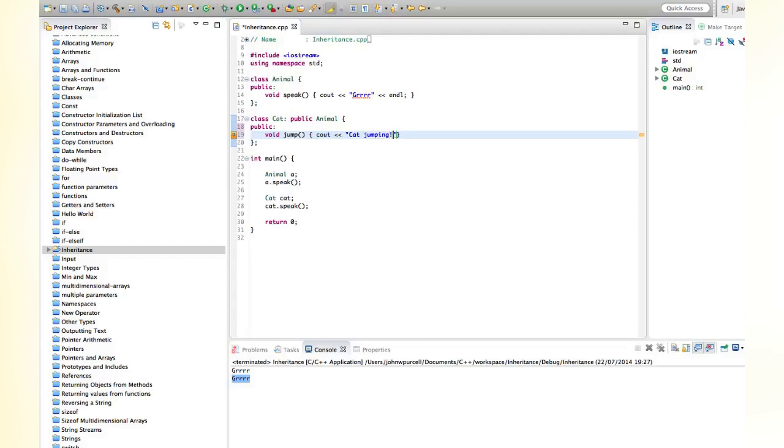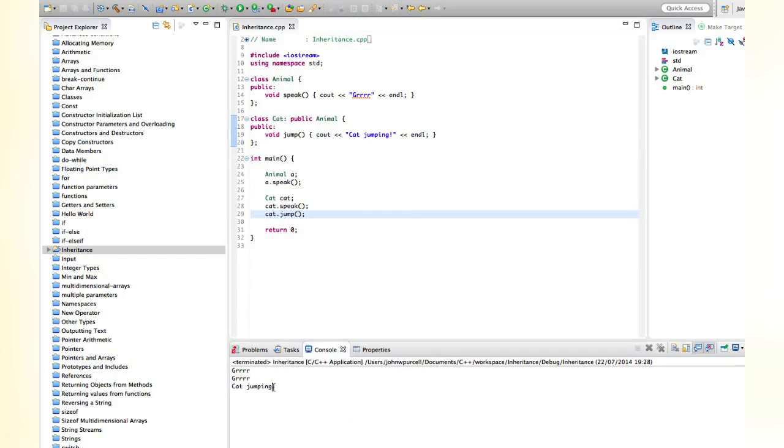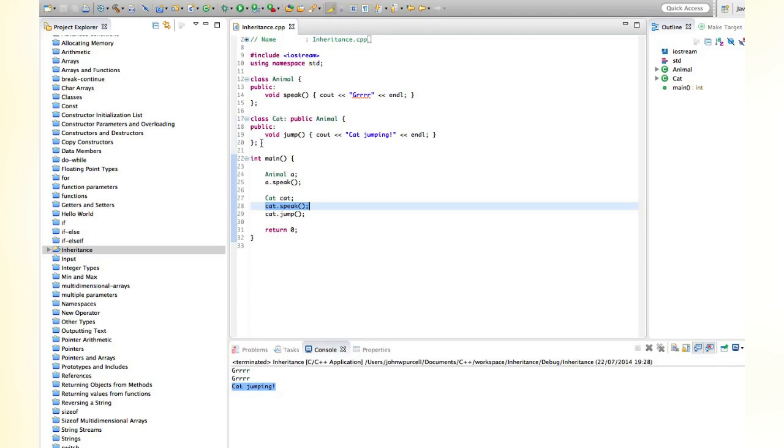Obviously we'll put some real functionality in here in a real world example. So now we can call cat.jump. Let's run this. So cat still has the speak method of animal,